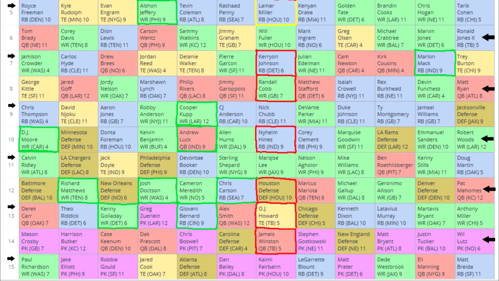Hines, I think, is a perfectly good pick, but you shouldn't have taken Deshaun Watson in the 4th round. You should have taken the value of Andrew Luck here in the 10th round. So although I like Hines as a good pick, he does get a downgrade in half-point leagues, which this is, and then you have to take Andrew Luck in the 10th round. Even if there's a chance he doesn't play this season, it's the 10th round. So you can drop that pick. It's a low hit rate pick,